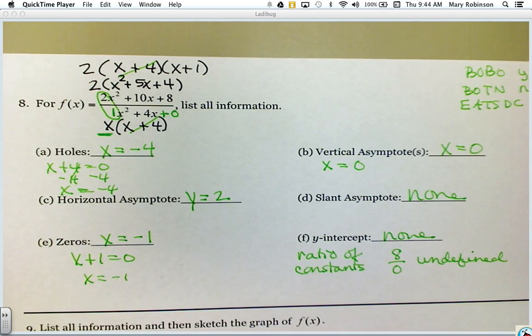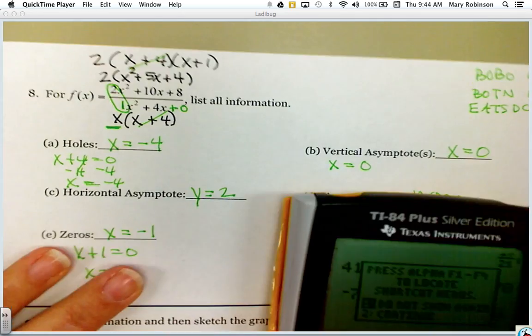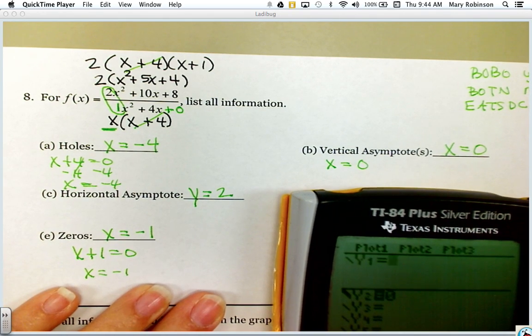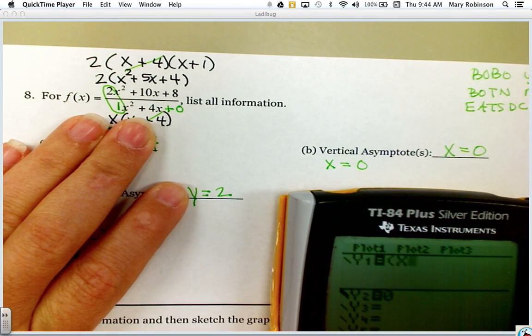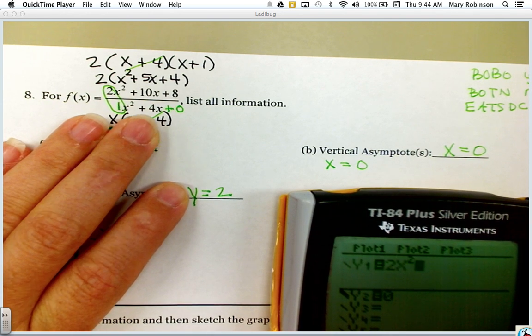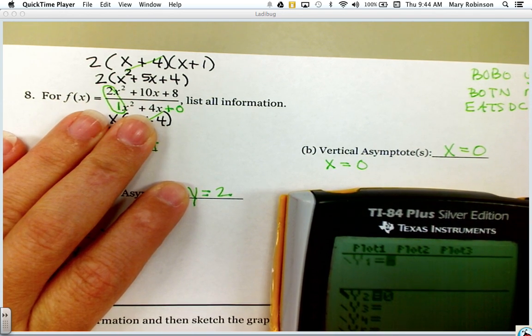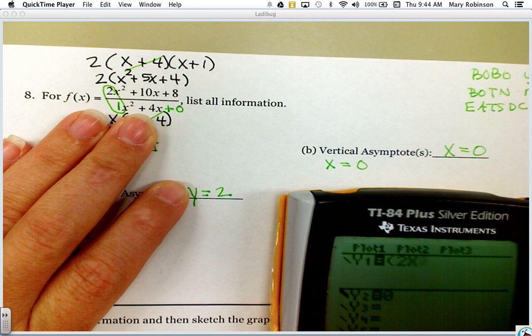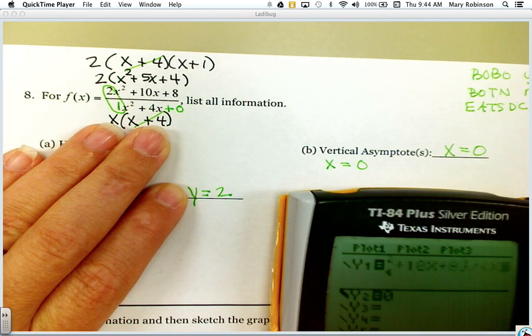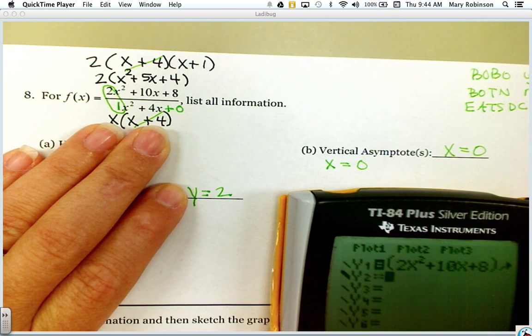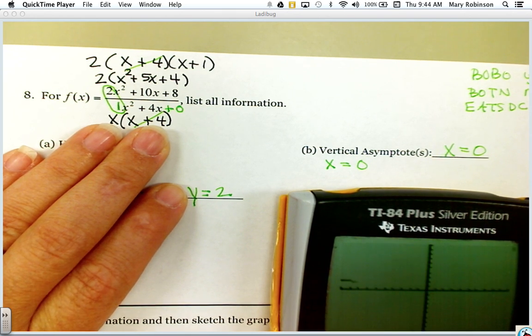So if we graph this function, we should be able to verify all of these things that we just found. But of course, you should be finding these things without having to use your calculator first. 2x squared, always start off with parentheses. 2x squared plus 10x plus 8 divided by x squared plus 4x. If we graph it,